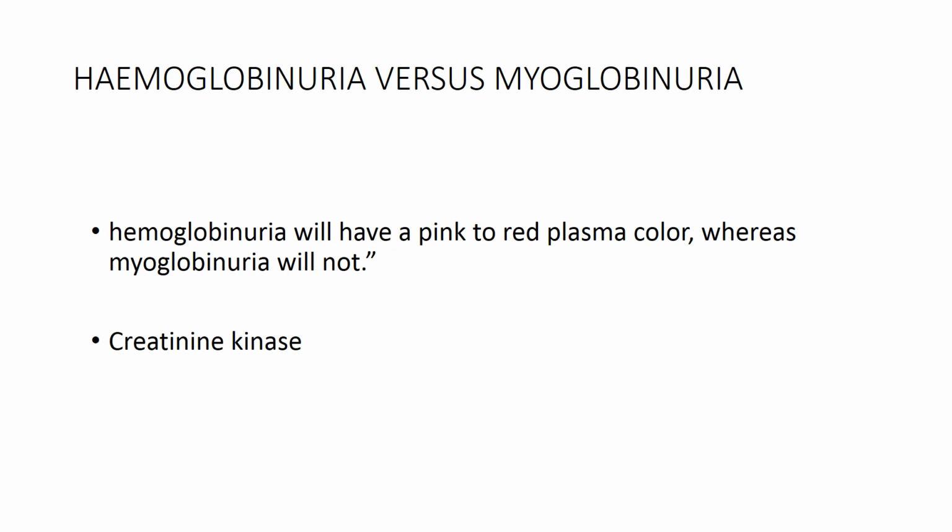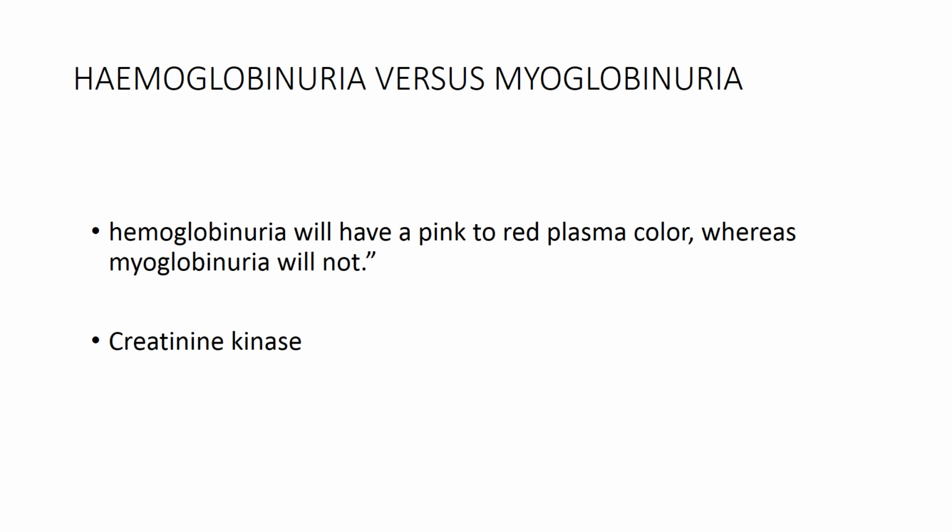How can one differentiate between hemoglobinuria and myoglobinuria? So if obviously one has access to laboratory investigations, the thing to do would be to measure serum creatinine kinase levels, and in patients with rhabdomyolysis, the creatinine kinase tends to be greater than 1000, which would be suggestive of